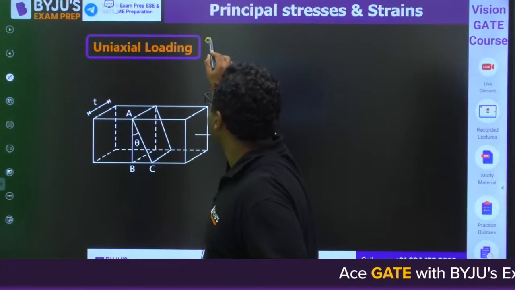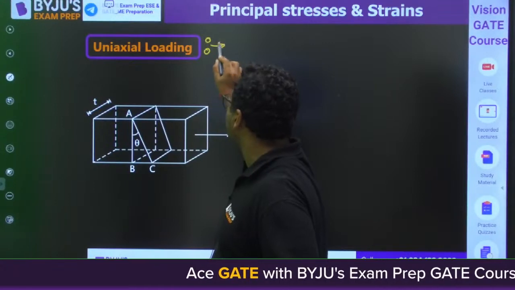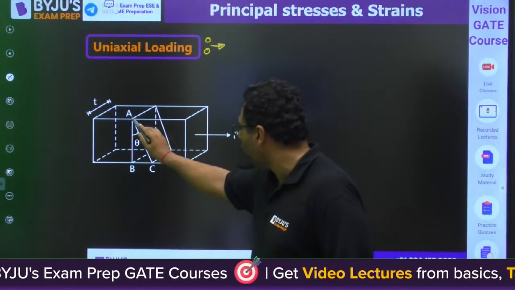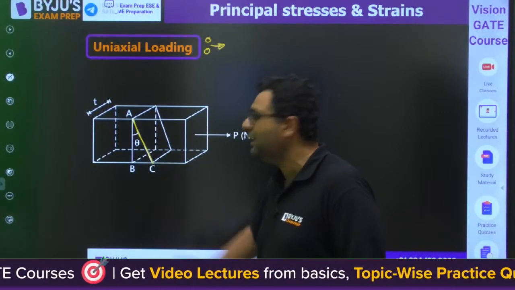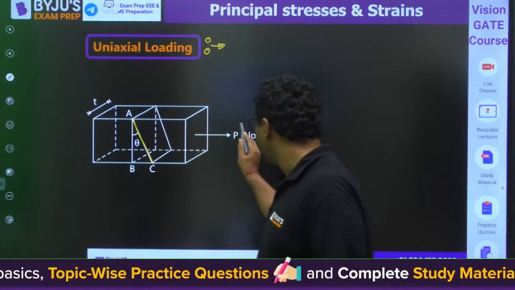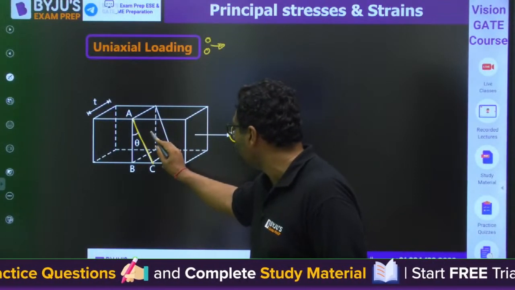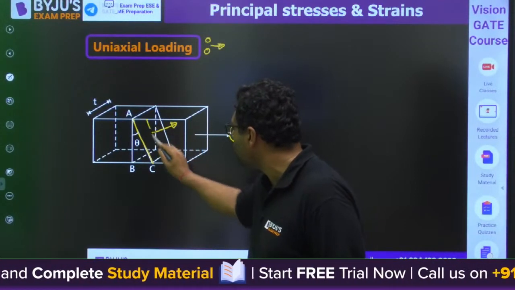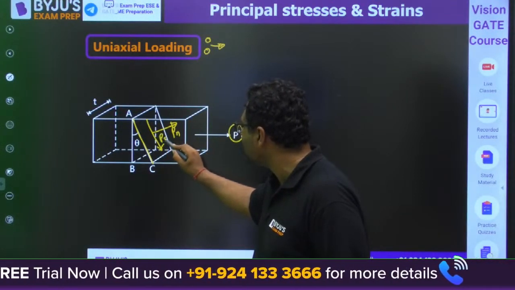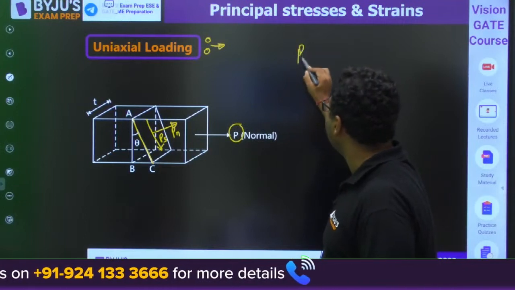So first of all, this is the uniaxial loading which we have studied in the first chapter. But because of this uniaxial loading, if you want to see the stresses at an oblique plane, everybody would be aware that this P can be divided into two forces. One is normal, the other is shear. Normal is said to be Pn, shear is said to be Ps. And I feel everybody knows Pn can be written as